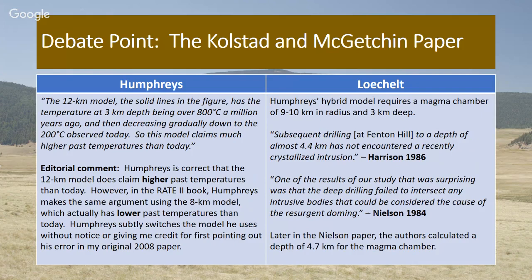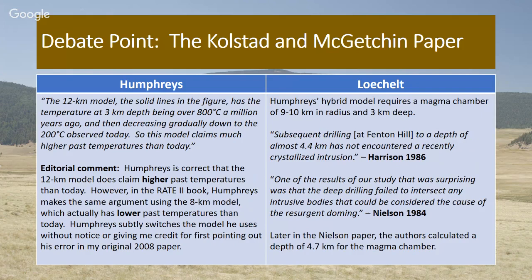So here's the thing, though. He's also acknowledging that in order to account for higher temperatures, if it really is from this magma chamber, it has to be larger than 8 kilometers. And he's proposing something 9 to 10 kilometers in radius and 3 kilometers deep. So a simple test is, have we found evidence for a magma chamber of these dimensions? His model now requires a certain geometry and dimension for this magma chamber.